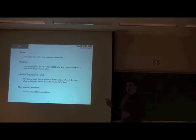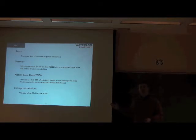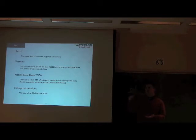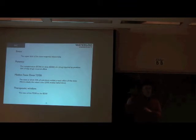And these terms can allow us to come up with something called a therapeutic window, which we'll talk about when we talk about recreational drugs. And the therapeutic window is a ratio of how much drug you need to see a toxic effect over how much drug you need to see your therapeutic effect, or in the case of recreational drugs, your